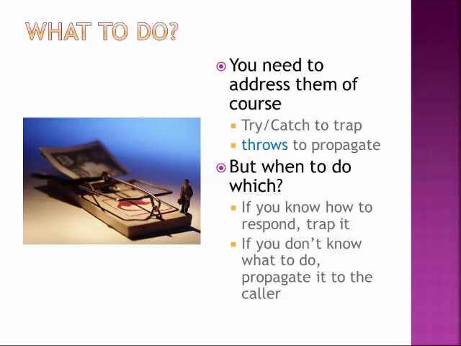You don't want to just turn off the smoke alarm and say don't worry about it. Because then what happens is something really bad happens, your house burns down, and the proper authorities weren't called. You don't know how to deal with that appropriately. That's an extreme example, but that's what we're talking about inside of the Java application. So the code you're writing, if you know what you should do when this exception occurs, you should trap it.